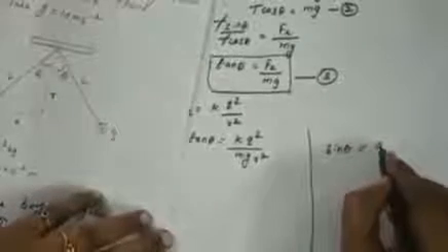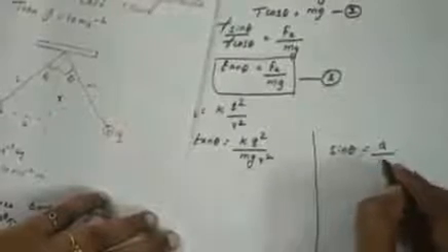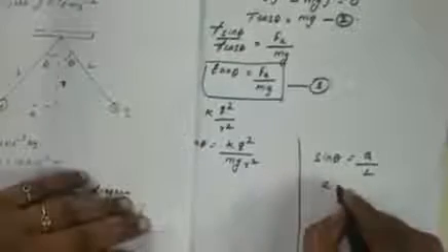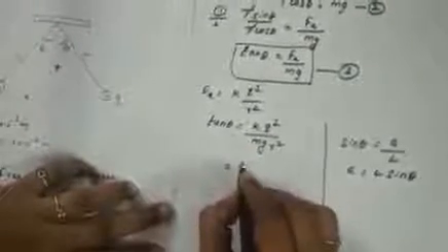Sin theta is equal to opposite side by hypotenuse, that is L. So A should be, here this is the A value. A is equal to L into sin theta. Here the r should be taken as A. So K